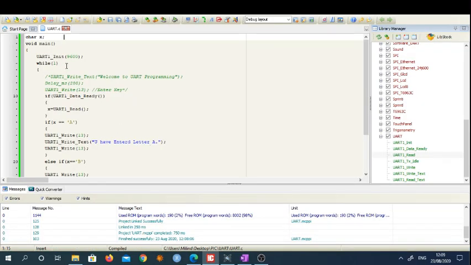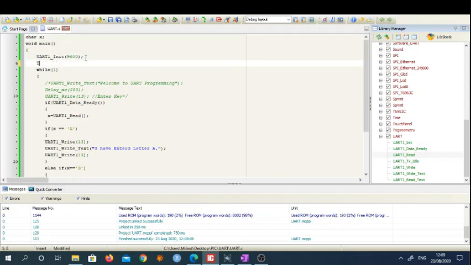So what I will do here, after initialization I will define TRISB, that is the tristate buffer of port B, and I am defining it as equal to 0, which means I am defining the direction of port B as output. I am using port B as output.